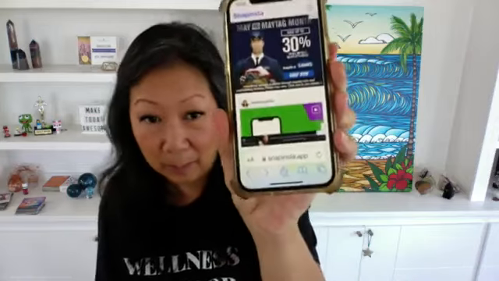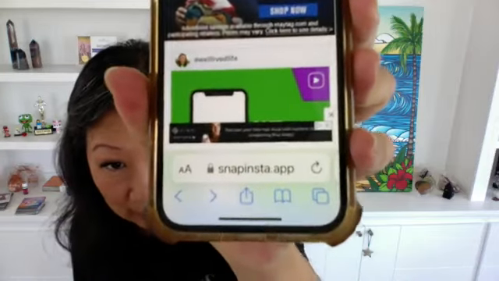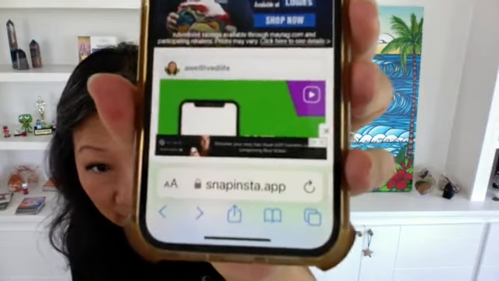Oh, the other thing I wanted to highlight is a website called snapinsta.app. It is not an app, it's a website. So you can reuse your Reels on Facebook in Reels and on YouTube. And the way to do that is